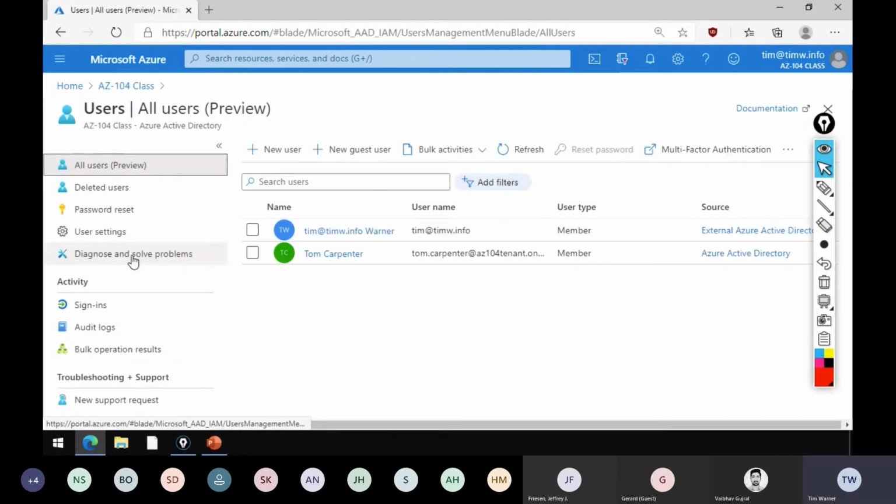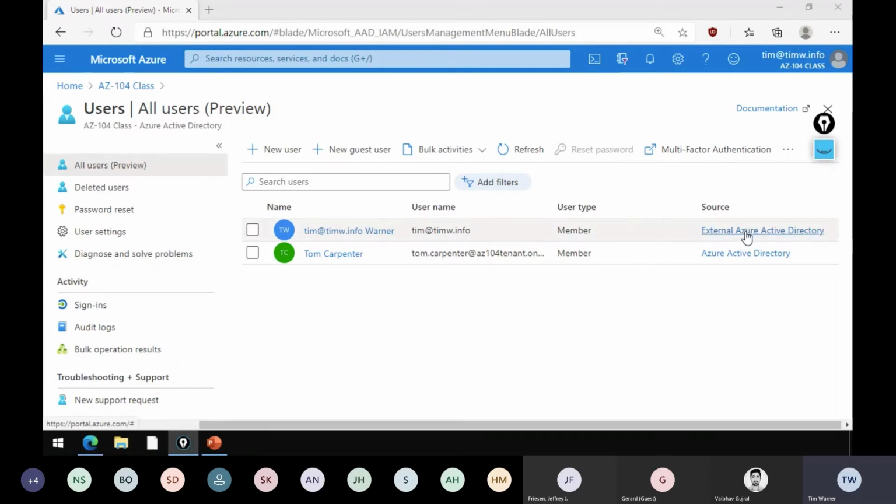If we go over to users, we see me, that's the original user, and notice that my source is external Azure Active Directory. The source is where the user's actually being authenticated. And again, Federation Trust, because this account actually is sourced in my timw.info directory. And this second account I must have created right in here, named Tom. Note that his source is Azure AD. So you can tell where the user comes from by looking at their source, and their user type is either going to be member or guest. Again, federation all day long.